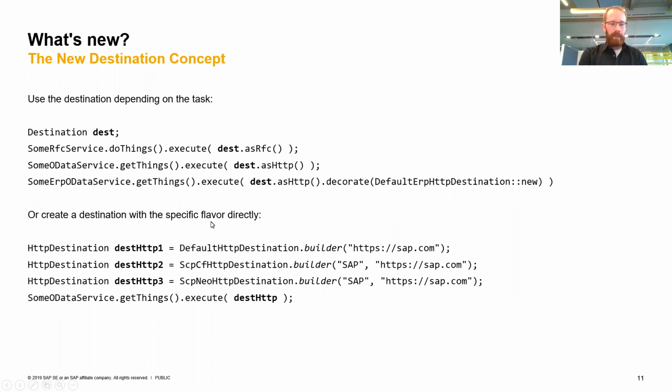On the other hand, if you want to have Cloud Platform specific destinations, for whatever reason, if you see any problems there, we also provide a Builder for that. The default one should be good for, I would say, 99% of use cases. But if you have something very concrete and special, depending on your cloud platform, a Cloud Foundry destination for example, then you would be free to use the SAP CF HTTP destination and the Builder in there to create what you want. But again, usually the default destination should be good enough, at least for the first approach or for the first